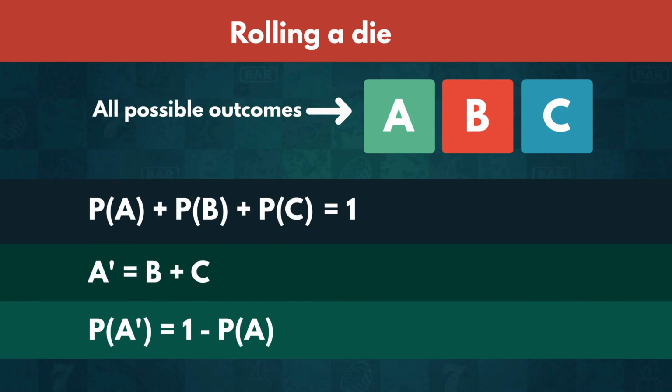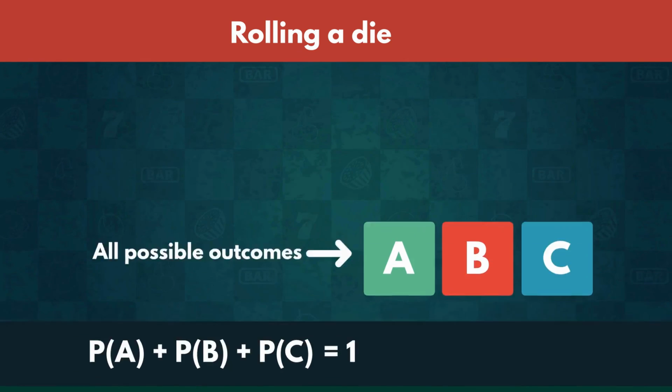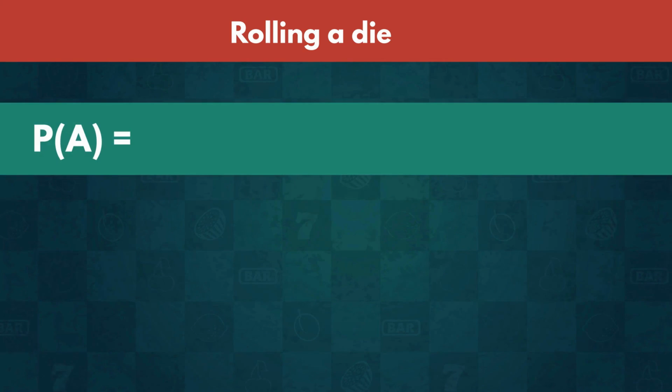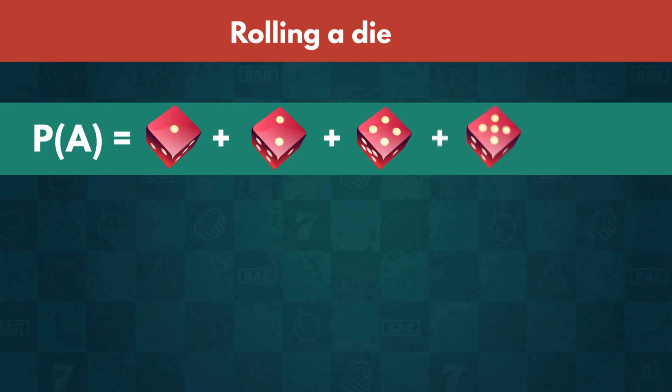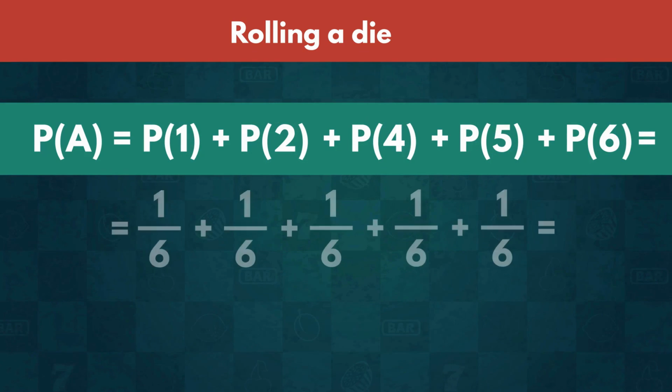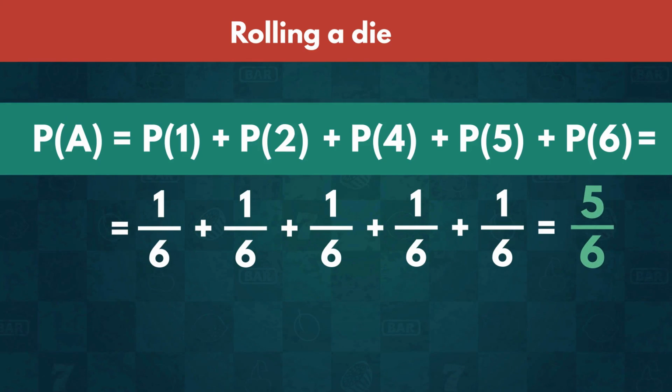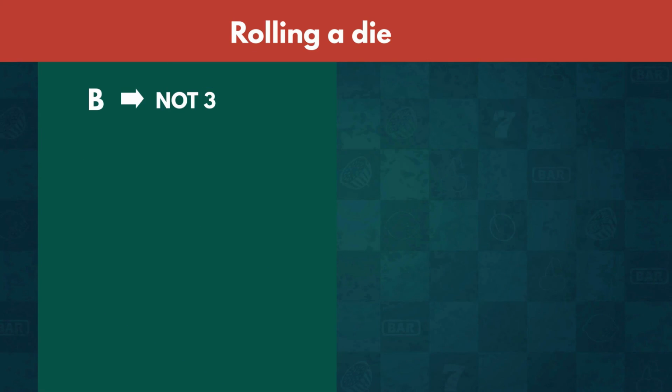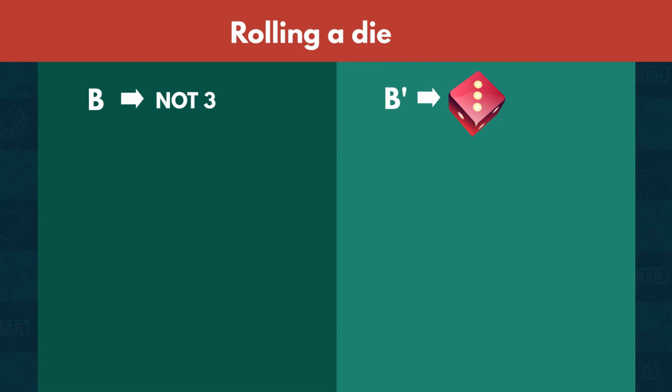To make sure you understand the notion well, we will look at the example we mentioned earlier. The sum of probabilities of getting 1, 2, 4, 5, or 6 is equal to the sum of the separate probabilities. The likelihood of each outcome is equal to 1/6, so the sum of their probabilities adds up to 5/6. Now, another way of describing getting 1, 2, 4, 5, or 6 is not getting a 3. Let us calculate the probability of not getting a 3. This is the complement of getting a 3.